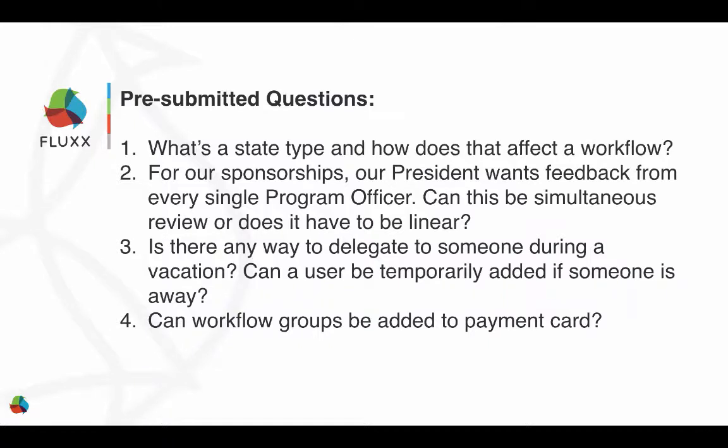But simply, the admin can always add a user into the system, provide that user the particular set of rights that are needed, and have that user act as a proxy, maybe while the admin's away or while the other type of user is away. Once that user has come back, the temporary user could be removed, or they could be left in the system if needed, or redelegated to a different profile or set of roles as well.